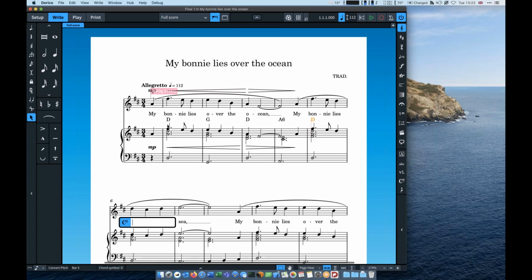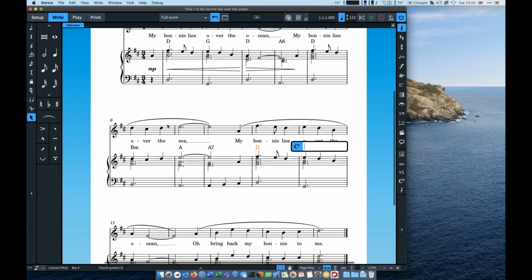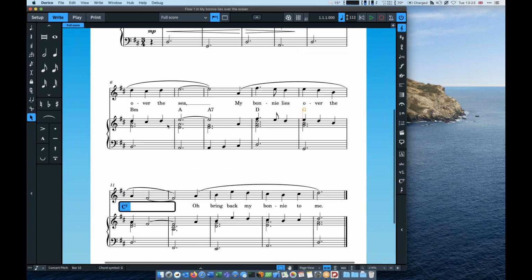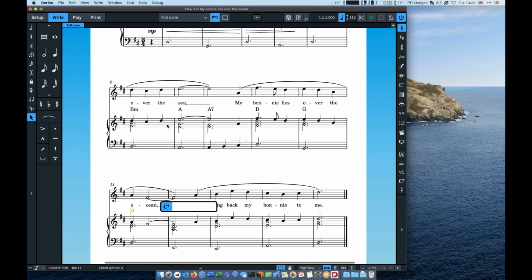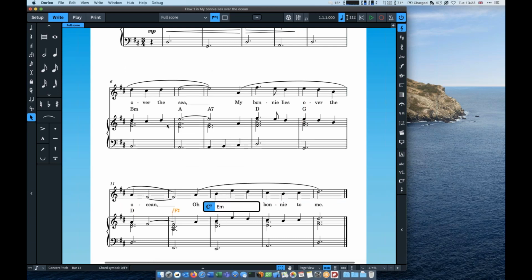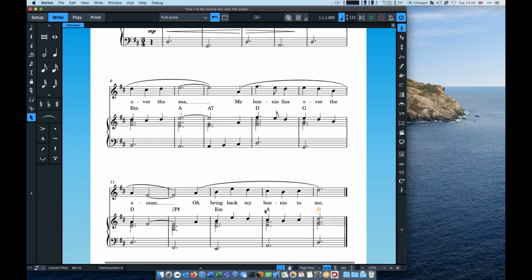Dorico doesn't actually at the moment go through and add the chord symbols based on the notes that you've added, but you might notice if you can see the status bar at the bottom of the window, that if I select, which I'll do in just a moment, that's D over F sharp, and then we can say E minor, A, and then D, although really perhaps that should be A7. So you can add them like that, and I'll just move this out of the way so I can hopefully see a bit. So if I, for example, select just these notes,